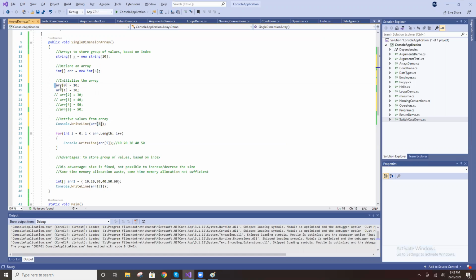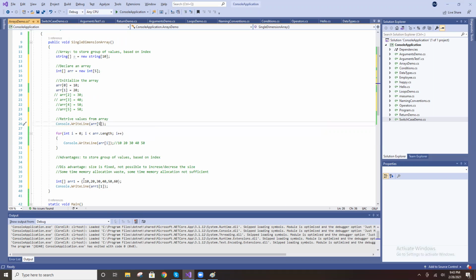So the array size is 5. When you declare an array, the default value is 0, all values 0. But you put values at the 0 position and 1 position, 10 and 20. The remaining positions you don't assign any values, so the default value is 0. ARR of 1 is 20. When I put ARR of 4, we didn't assign a value, so 0 is printed. ARR of 5, what will happen? It will be out of size, index out of range. That's it. Got it?